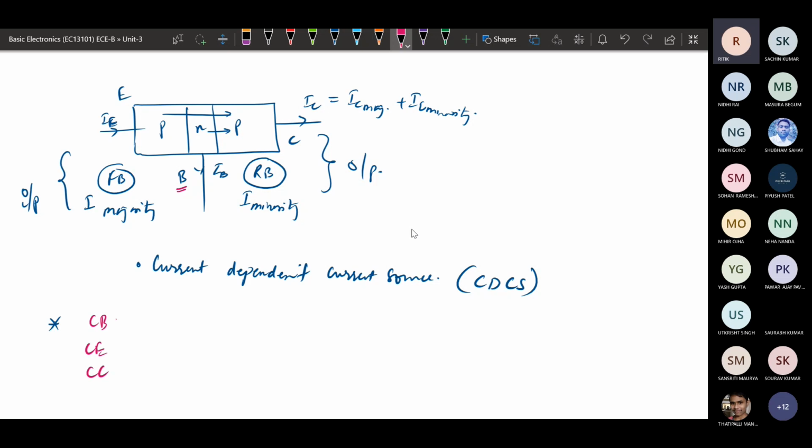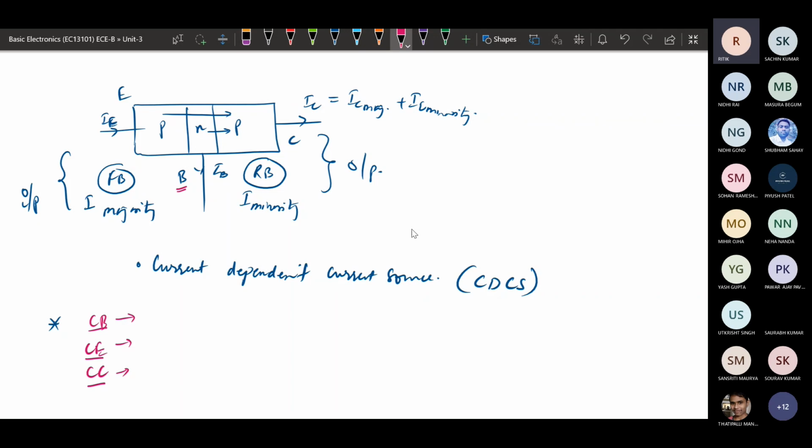So in active mode, this BJT can work based on these three different configurations.